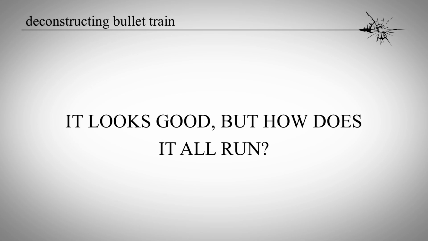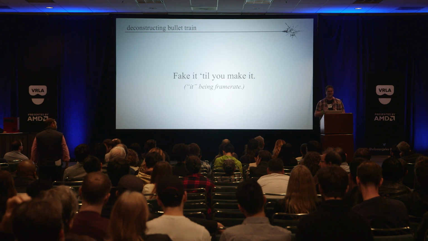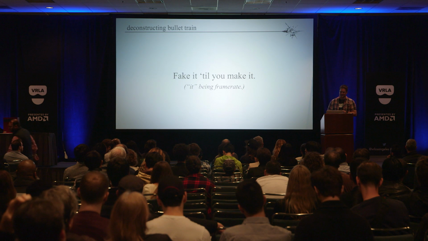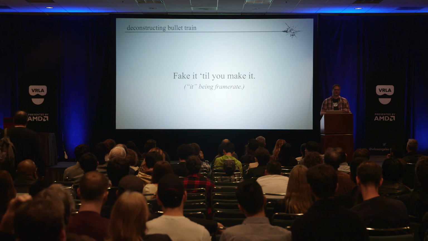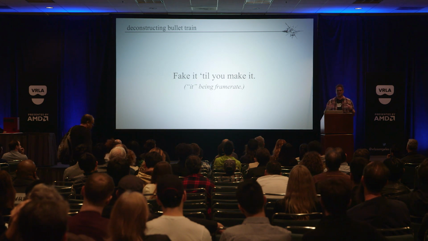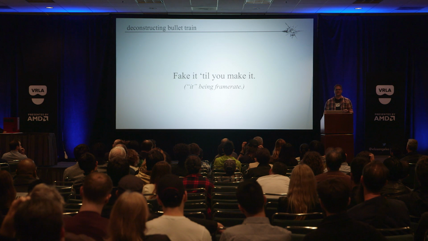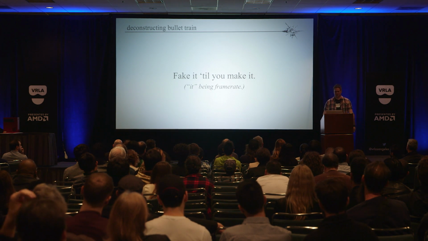And the answer is, out of the box, usually not very good. So our motto is kind of fake it until you make it, and it being frame rate. So we're firm believers that you should get up to at least 90 frames a second from the very beginning, and then stay there through the entire time. So in order to get the visual fidelity we wanted, we had to turn off a lot of the post-process effects and do a lot of fakery to make it look like we had all that stuff turned on when we didn't actually. We had to bring back some old school tricks.